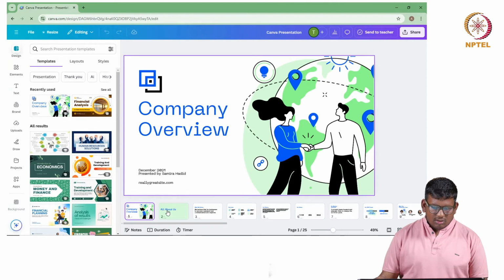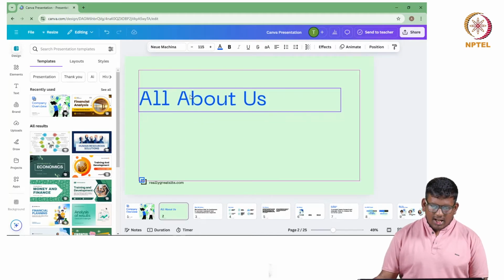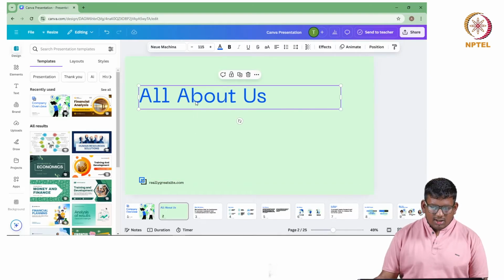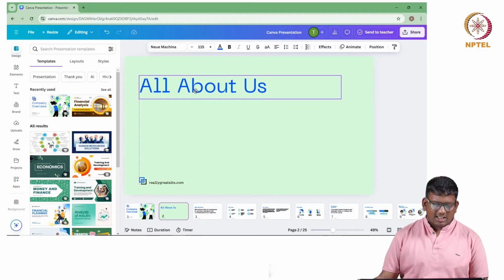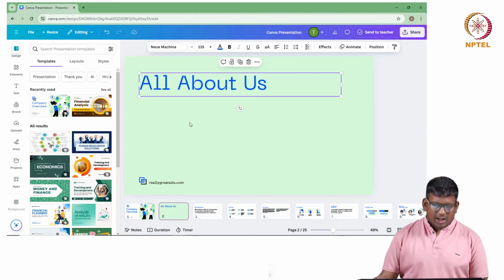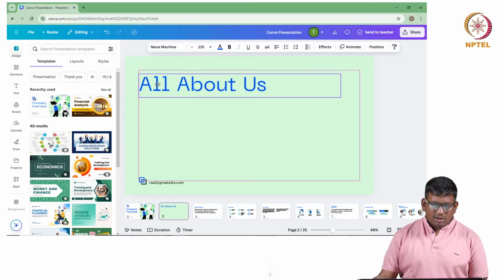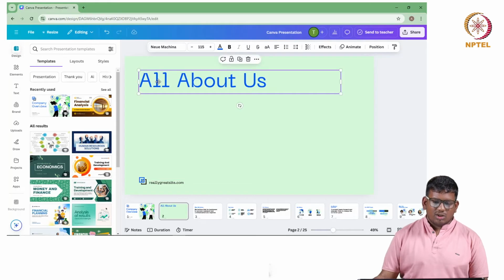So here you can see, let's go to the second slide, all about us. As we can see here, it's pretty much an empty slide. We need to fill it out. So let's drag it up. To drag it, you select it and then, after selecting it, you move your mouse. It's kept selected, by the way. So I have moved it up. You can see some sort of border appearing. This is basically the slide layout. It helps you judge how much content should be there, like it shouldn't overflow from these borders.